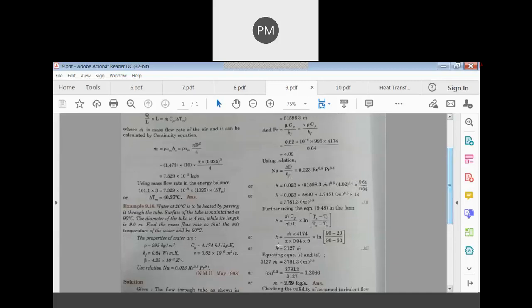And also, we have derived that equation for constant surface temperature. We have used that logarithm formula, which has been substituted here. While deriving that formula for exit temperature, you are going to get this formula. Just go through. h is equal to mCp by pi dL into ln of (Ts minus Ti) by (Ts minus To).